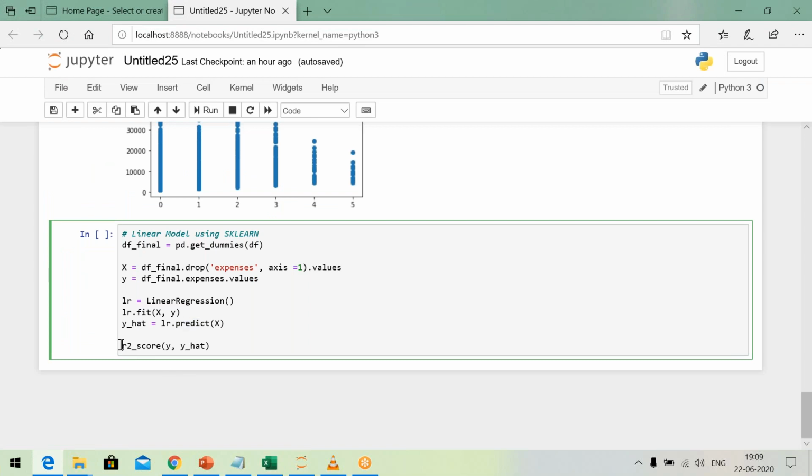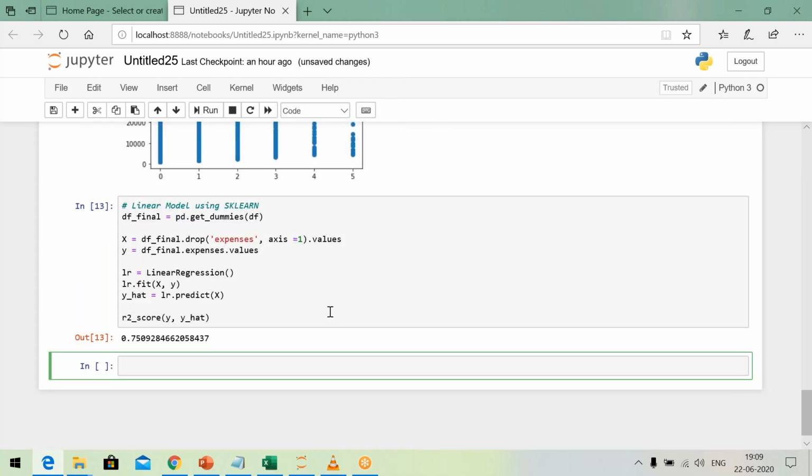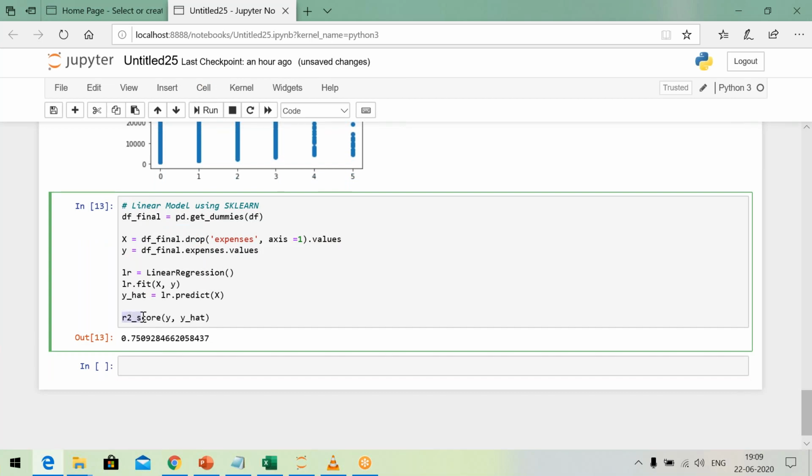And then we will also get one square known as r square. It will tell us how good our relationship is, whether it is 95% good, 75% good, and so on. Let us execute. See, I told you, r square is 0.75. That means the relationship that I have worked out is 75% accurate.